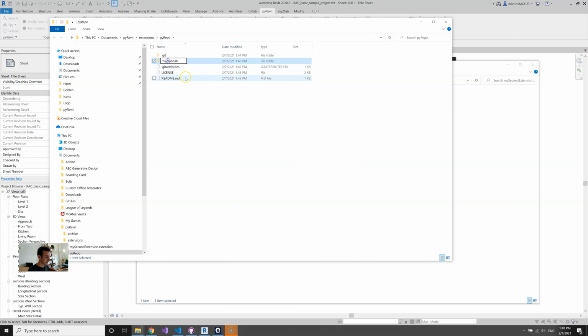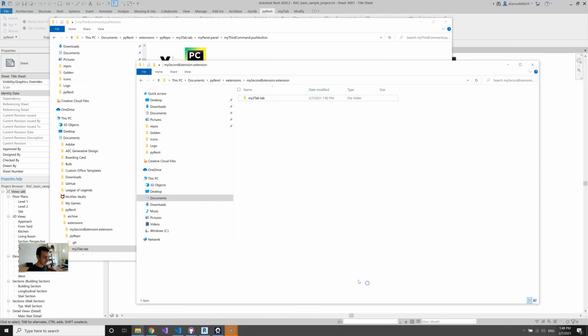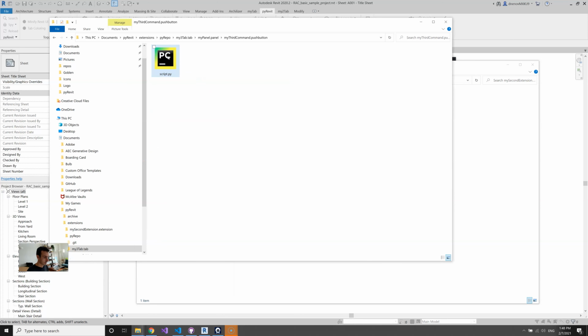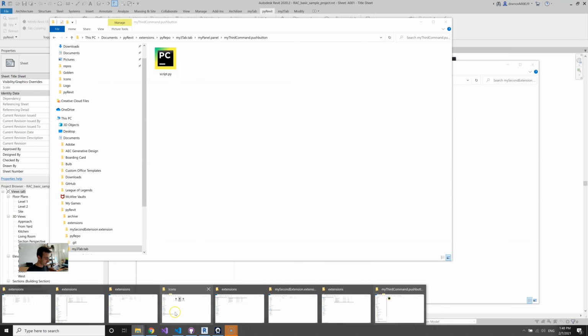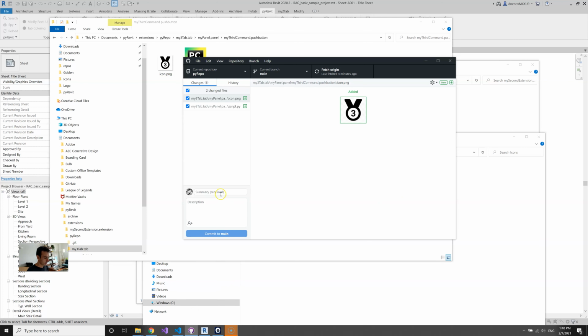And let's call this my third tab. My third command, and let's use this body here. It really doesn't matter what it says inside,